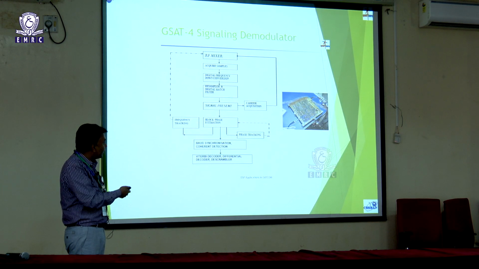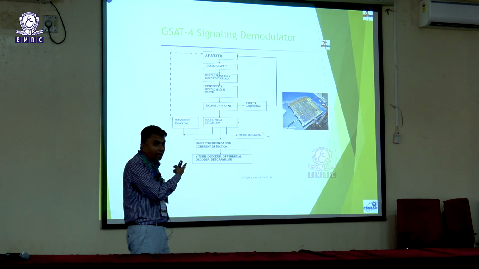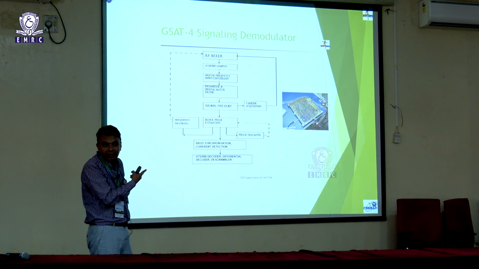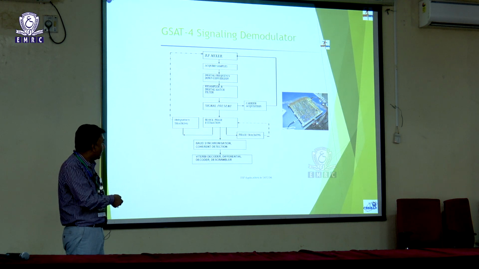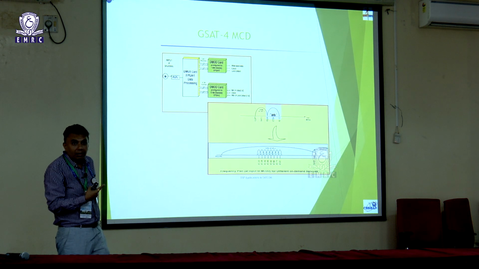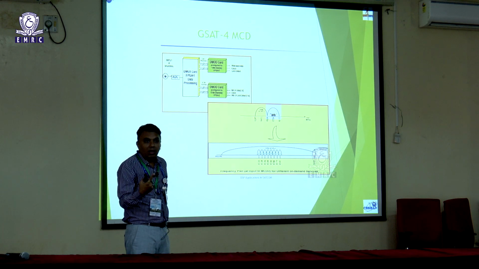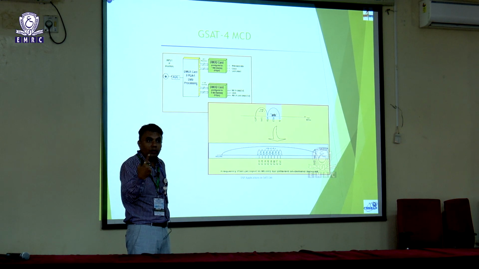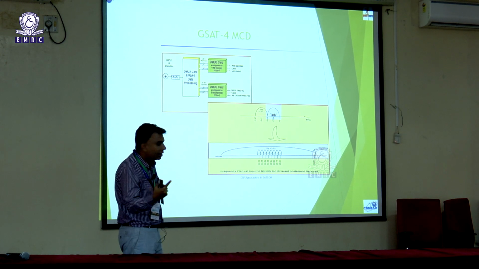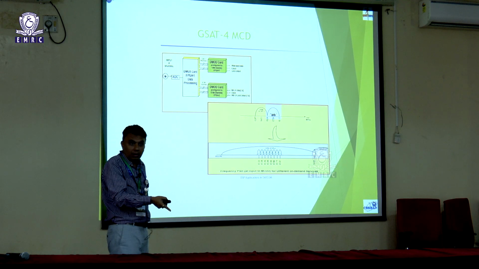Some advanced systems which we have developed for this satellite: this is called a signaling channel demodulator. This is the ADI DSP based demodulator which we have developed for this satellite. What is the meaning of a multi-carrier demodulator? It means a single demodulator will be able to demodulate 8 narrowband carriers. 8 individual users will transmit their data using QPSK or APSK modulation, and a single demodulator will demodulate all 8 carriers together.